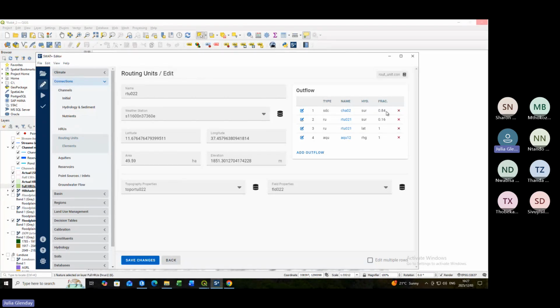What this is telling you is that the way it's set up, some of the surface runoff is going to make it all the way to the channel directly, whereas a portion is going to get caught by the floodplain area. The reason they do it this way as a default with like 84 and 16%, we can check a few others and see what the fractions are, but the default's usually around like 80-20 or 75-25. And I think there's a way that they estimate it based on the size of the channel and the size